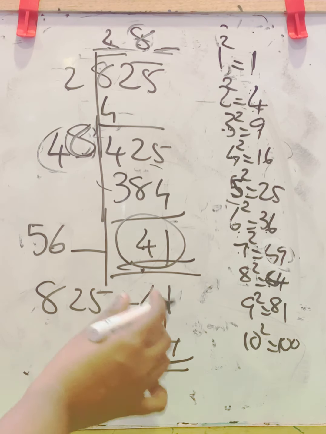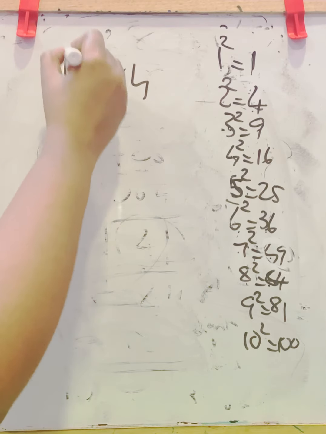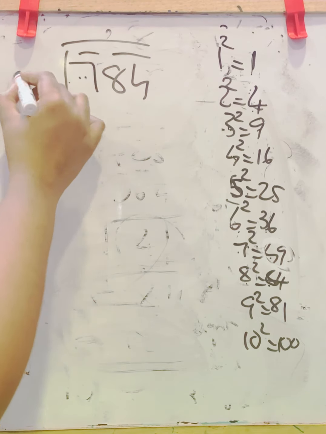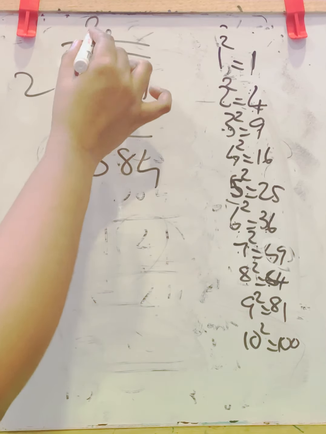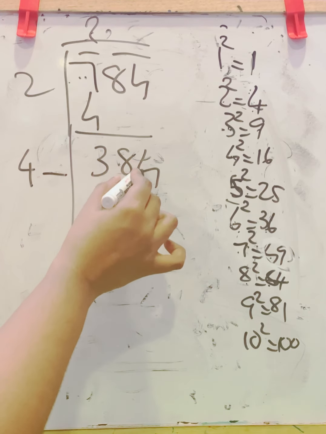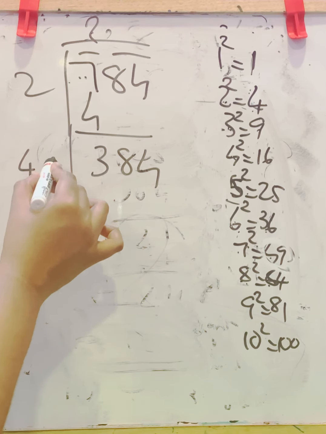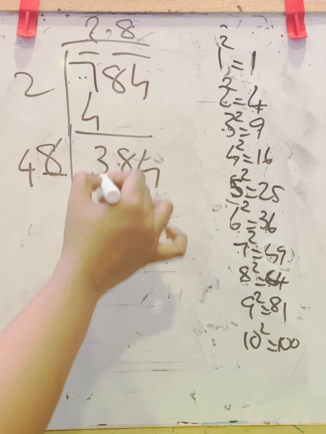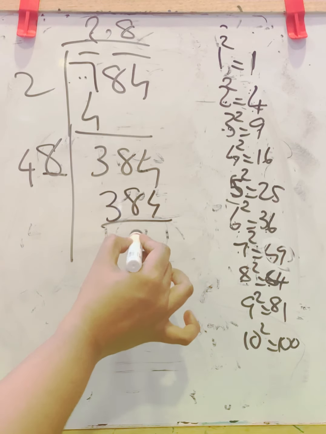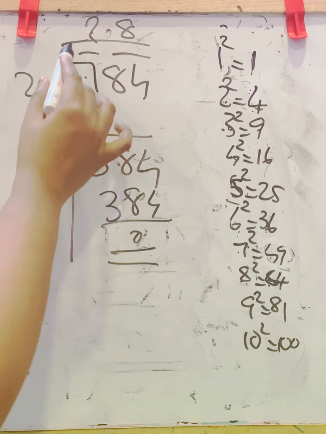Let us check whether 784 is a perfect square number. 784, again pair this. This is 2 2s are 4, balance is 3, carry down this 84, double this 2, it is 4. Here ending with 4, so either 2 or 8. So hope it will be 8. 48 into 8 will be 384. So square root of 784 is 28.